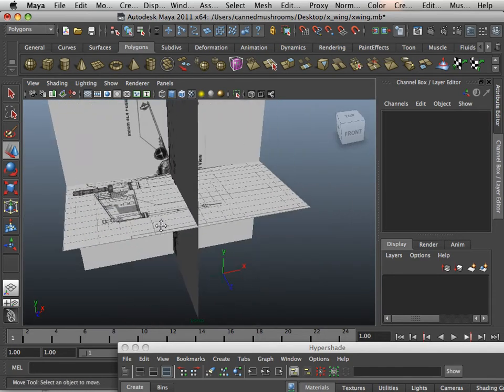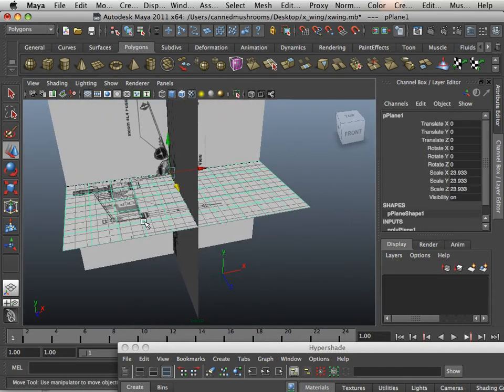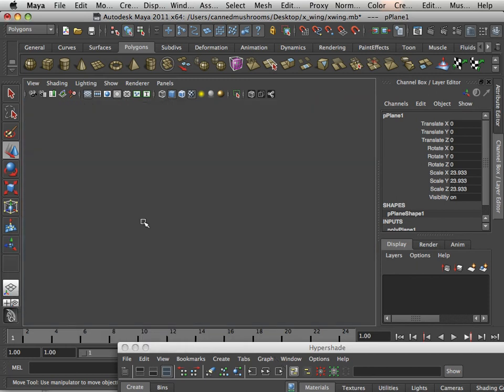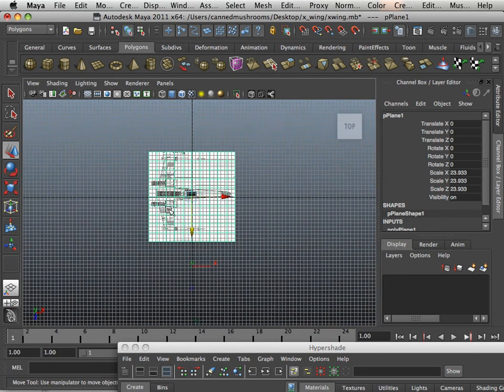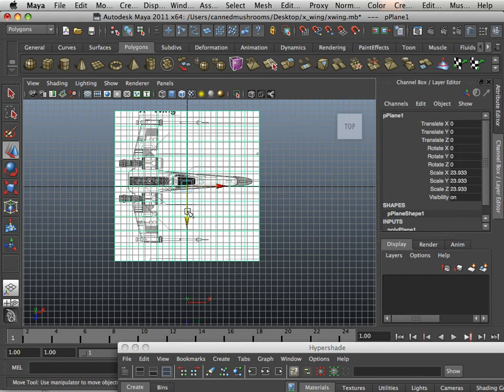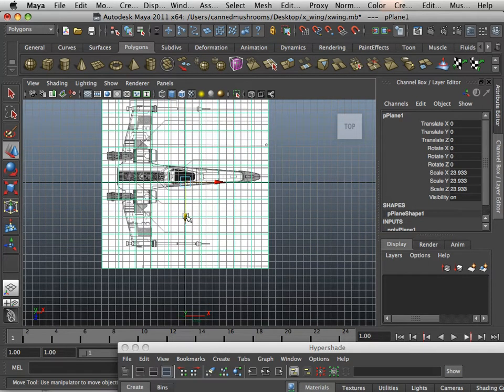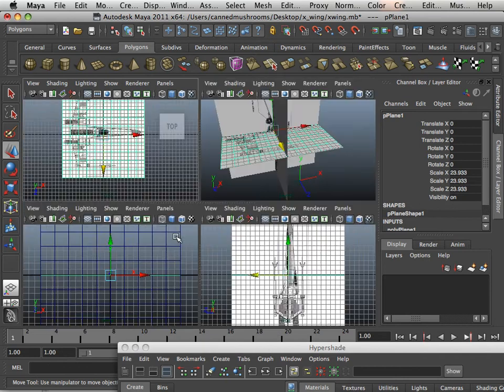So what we're going to do is set up for a positive workflow. In order to do that, we make sure that this thing is going to be facing in all positive locations. So the very important one to get down is positive x. Okay, so positive x on your side window